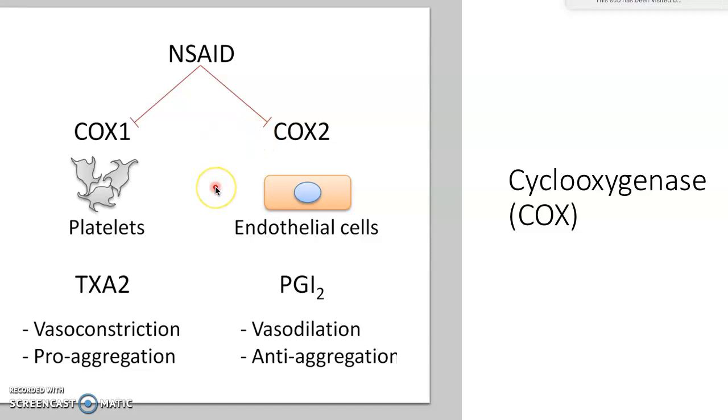So this is a balance that needs to be considered by the clinician and the patient. On the COX-1 side, if you block COX-1, which a specific medication that's heavier on this side is aspirin, you block the platelets from making thromboxane A2. This is the abbreviation for thromboxane A2. If you listen in that name, you can hear thrombus, which is another name for a blood clot. And platelets, they produce thromboxane A2, but if